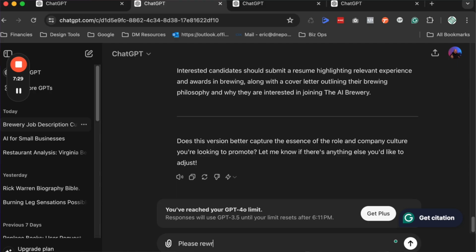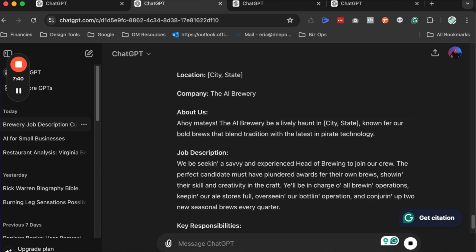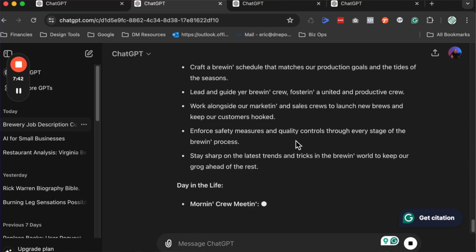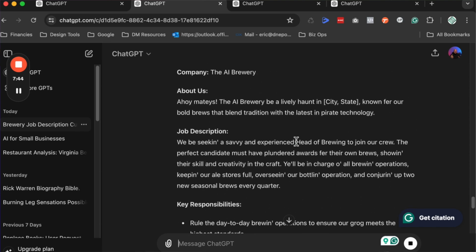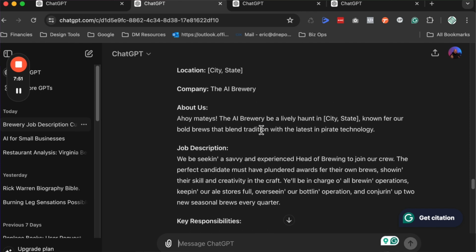Now let's say my brewery was themed as a pirate brewery. I can say, please rewrite this as if you were a pirate. And AI very quickly is going to go ahead and start rewriting this. And if we go back up here, we're seeking a savvy and experienced head of brewing. Ahoy, matey, the AI brewery is a lively, hot, and